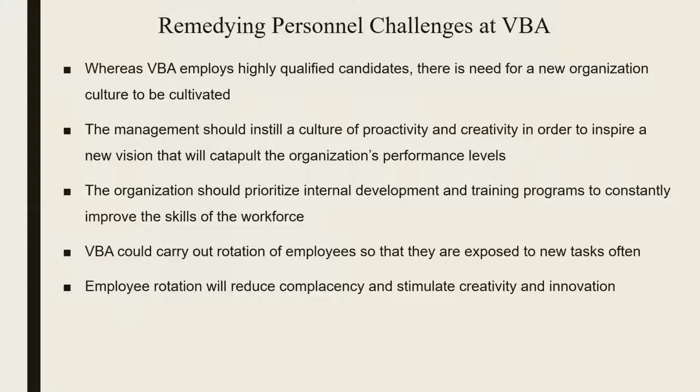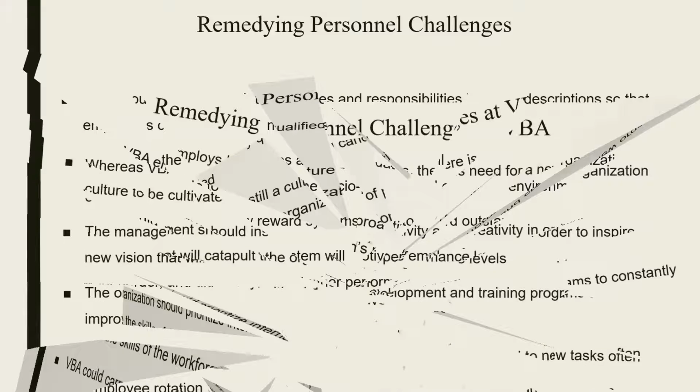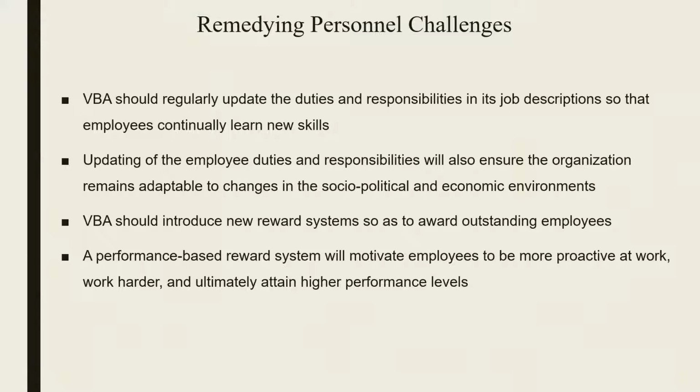the organization's performance levels. The organization should prioritize internal development and training programs to constantly improve the skills of the workforce. VBA could carry out rotation of employees so that they are exposed to new tasks often. Employee rotation will reduce complacency and stimulate creativity and innovation. Remedying personnel challenges,